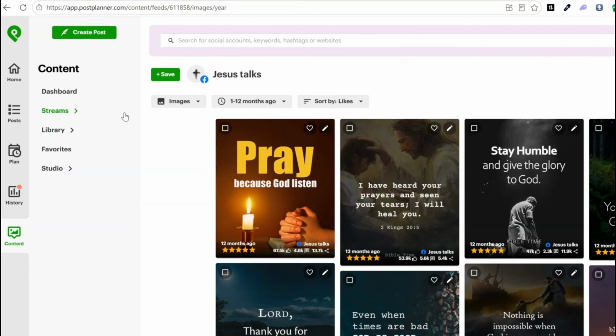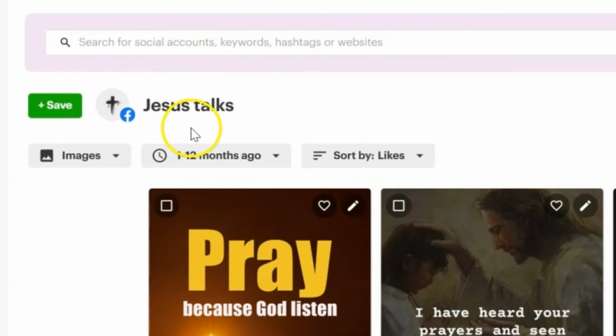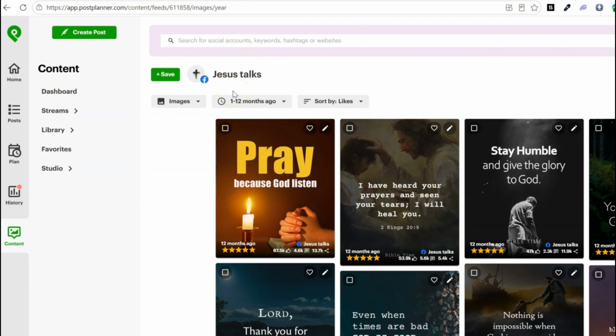So instead of scrolling Facebook for hours, I can research pages in the niche that I'm posting content in and ensure that I too can get engagement on my posts when I get them in front of the exact same audience. So all I did was type in the name of a page here, Jesus Talks, which I found just by looking through the Facebook search bar, which again is why keywords in the name of your page is important, because that is how people search and find pages.